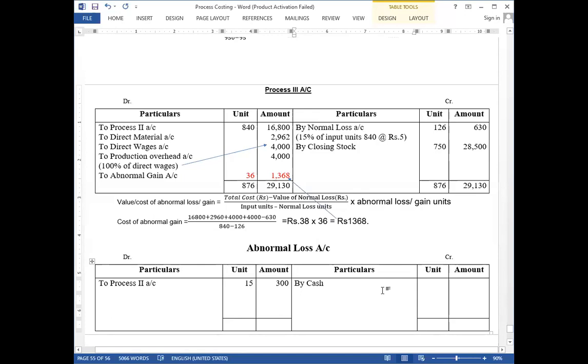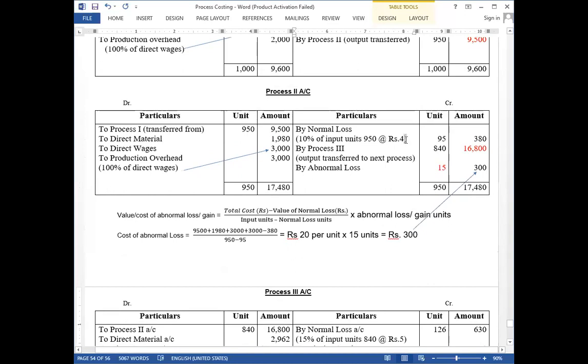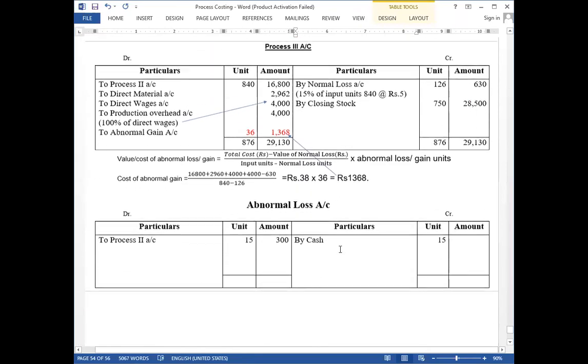So you can write it as buy cash for how many units? Totally 15 units, which is lost and which I cannot transfer to the next process, but it has become normal loss. That means you can sell it for a particular scrap value. So in process 2, what is the scrap value? 4 rupees. For the same 4 rupees only you can sell it. Suppose if they have given some value for this abnormal loss, you can take. Otherwise, if nothing is given, then abnormal loss should be converted at the same process scrap value. Whatever scrap value is given, same scrap value you have to take.